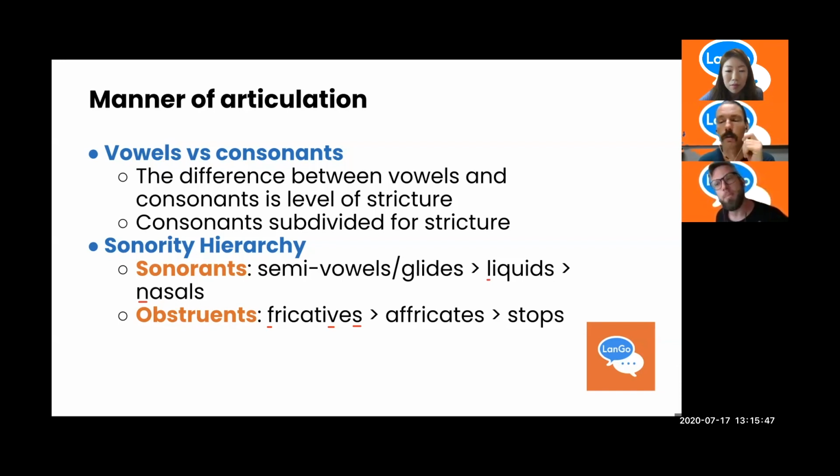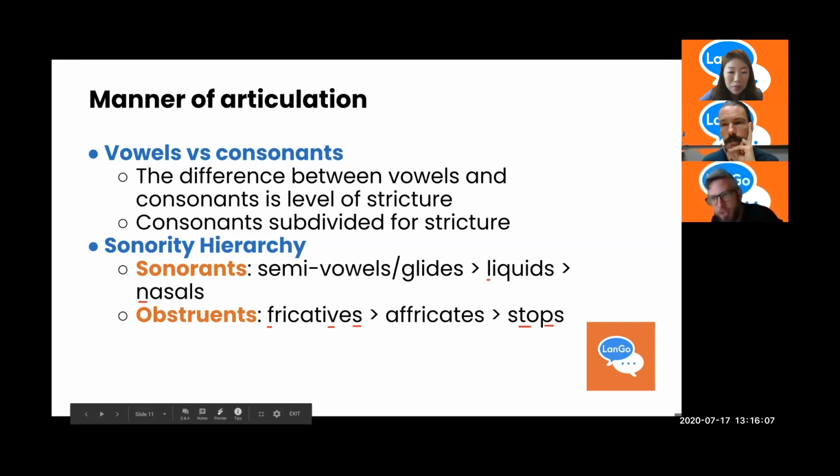So an example is a P, and if you look at the screen, if you're watching, you can see my mouth completely stop. Pa, pa, pa. And how you would know it's a P if you're looking at a spectrogram would be based on the vowel formants, right? So stopping the airflow is the most restriction you can have, is completely constricted.